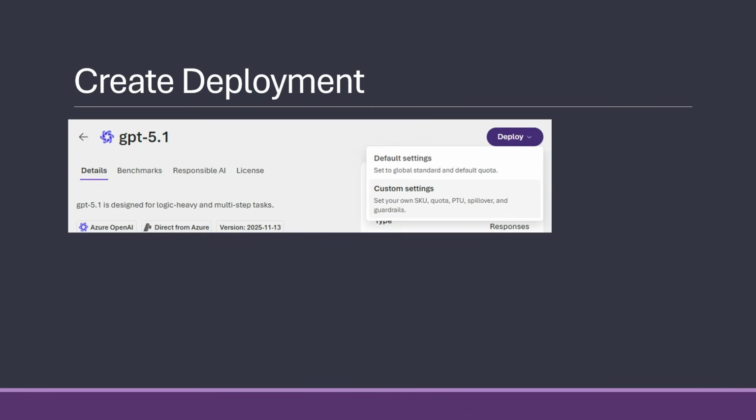Now let's dive into how to deploy a model. And you do that by clicking the model in the details page and on the top choosing the deploy button. When you press that, there's a default settings and a custom settings. I will very much recommend you choose custom settings because if you just press default, it just creates the model with no questions asked. So it's better to go with the custom model, in my opinion.